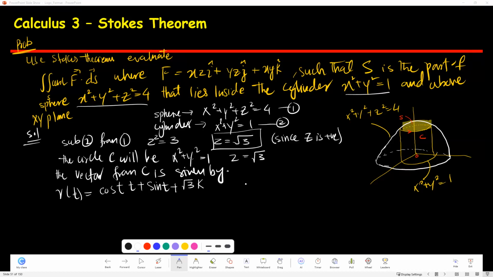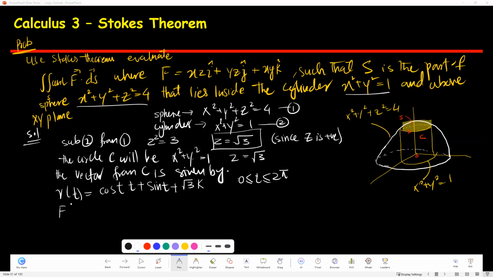Right? There's no t here, and this is just x, y, z pretty much, and I'm just substituting the value. The radius of this circle is 1, so that is why I have 1 here. Right? What I'm going to say is t goes from 0 to 2 pi, because t is going to make a complete circle, and I'm just going to take the integral of this,